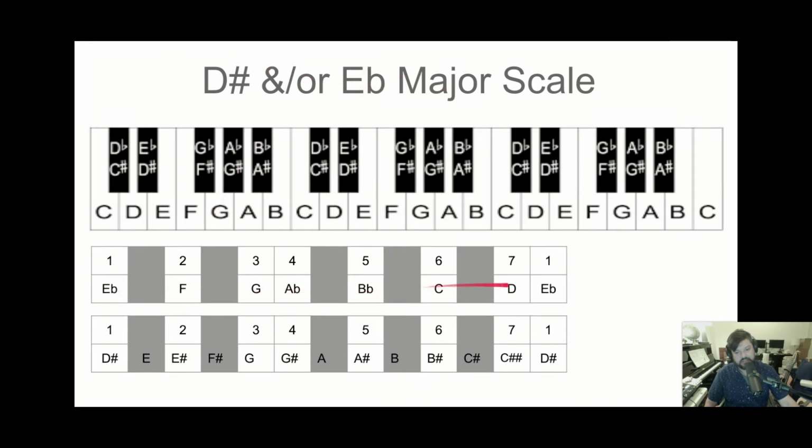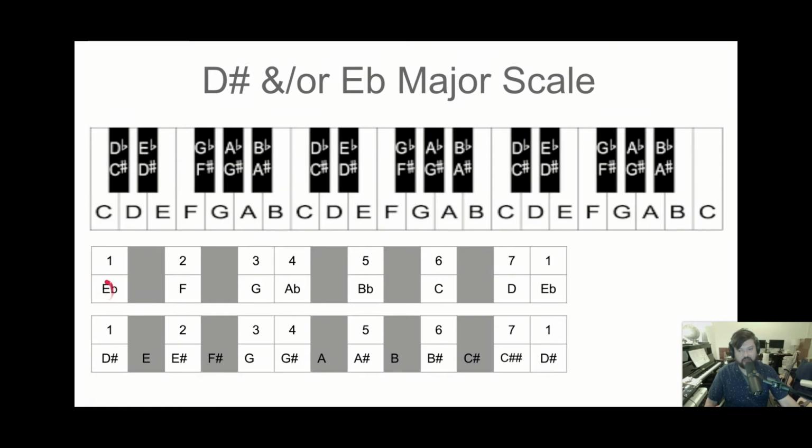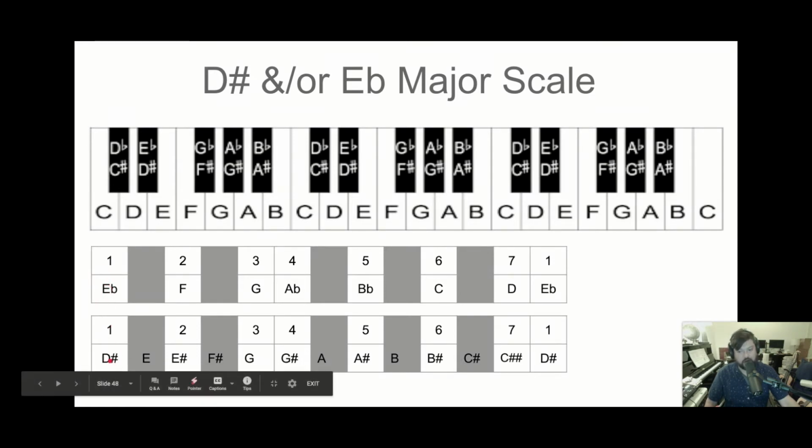Okay, because here in this example, we only have 3 flats. Now you might say, oh, Mr. Bonilla, it looks like there's 4. 1, 2, 3, and 4. Well, no, that's just the octave of E flat, right? We have B flat, E flat, and A flat. Those are our 3 flats. Now, if we were to build a major scale off the enharmonic equivalent of E flat, which is D sharp, we would have an E sharp,